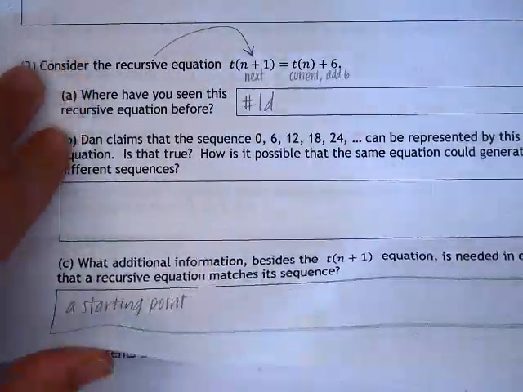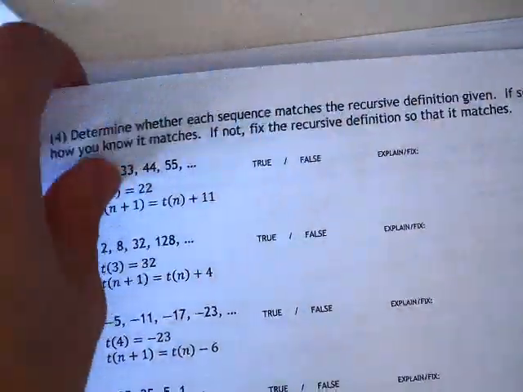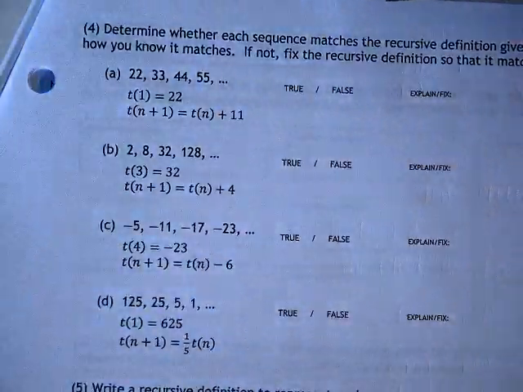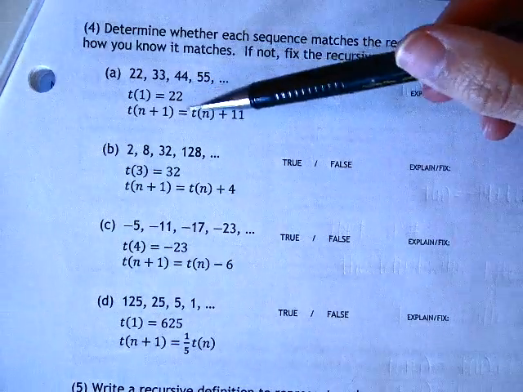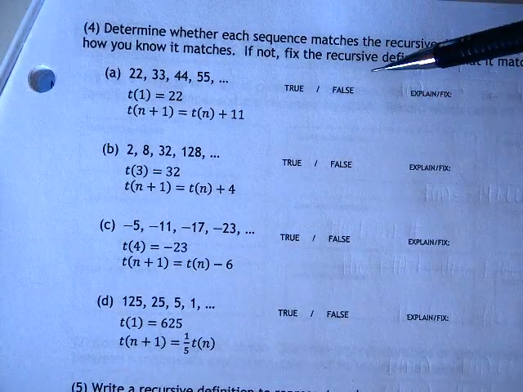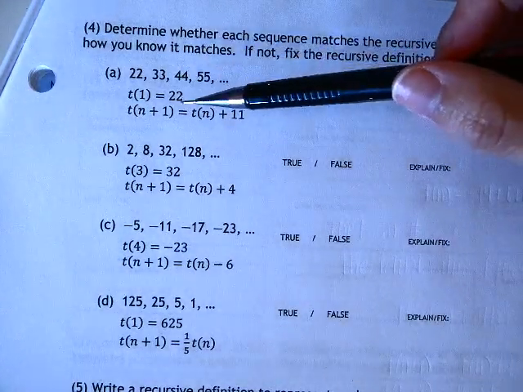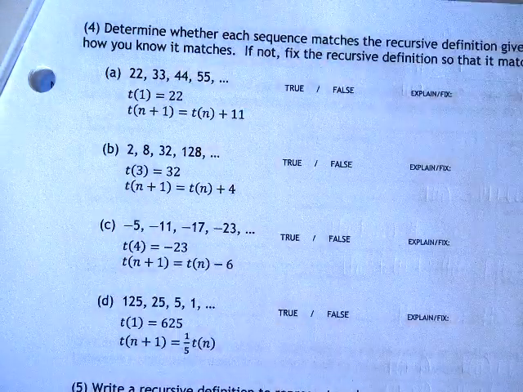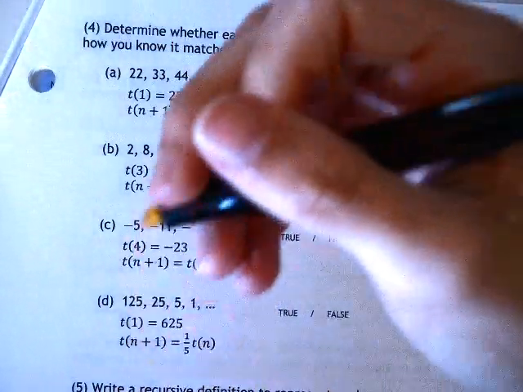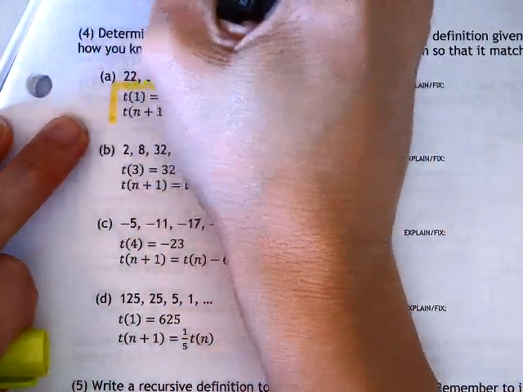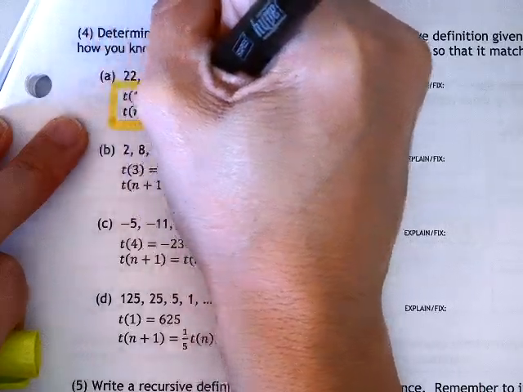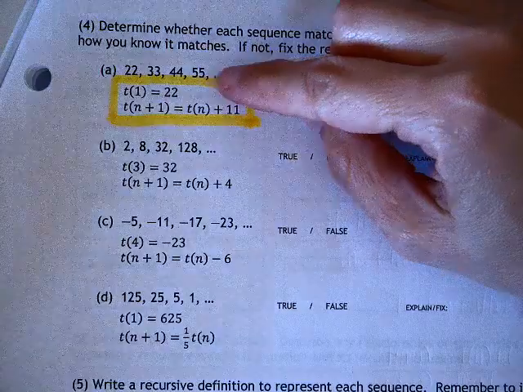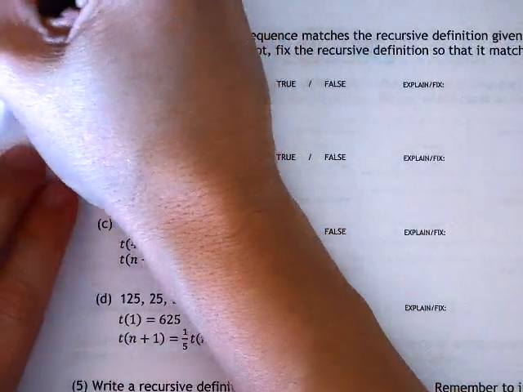So now that you've seen how recursive equations can look, take some time to really chew on question number 4. Because in question number 4, they're giving us recursive definitions and asking us if that recursive definition accurately describes the sequence. So if you're confused by the structure here, think of both of those parts under the series of numbers, the t of 1 equals and the t of n plus 1 equals, as the full